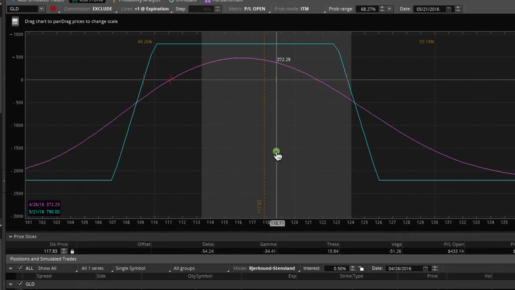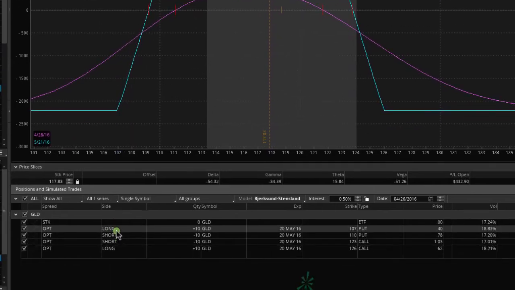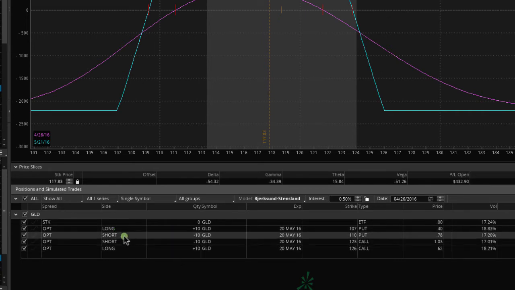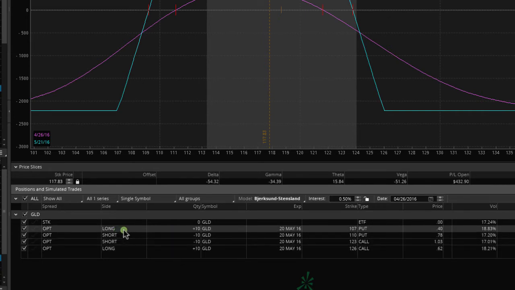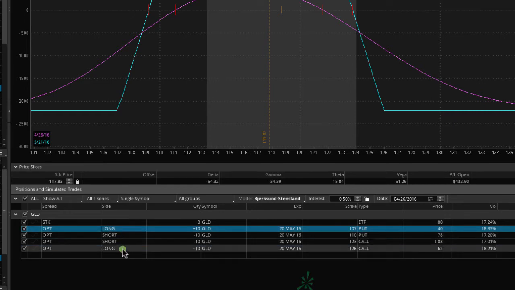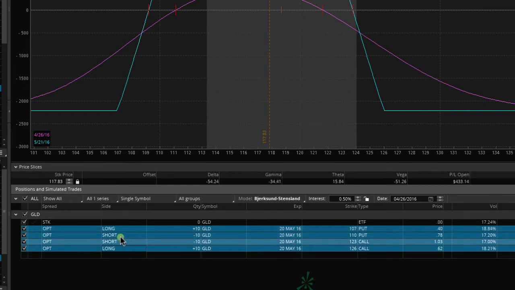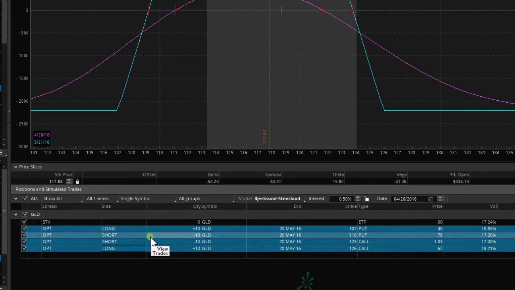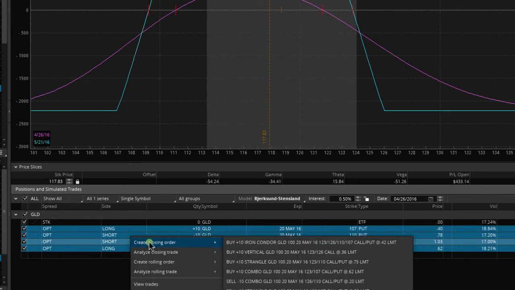So let's take a look at how to take this trade off. Once we figure out we're at the point where we want to exit the trade, which we've already discussed, all we have to do is highlight the position down here. To do that, I'm just going to click on that, hold Shift, and highlight all the different options in the Iron Condor position. Right click on that, hover over Create Closing Order, and remember,